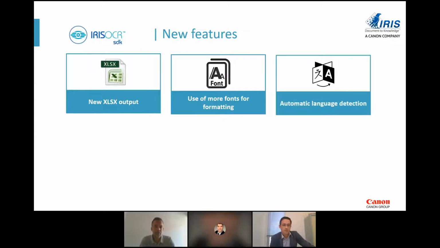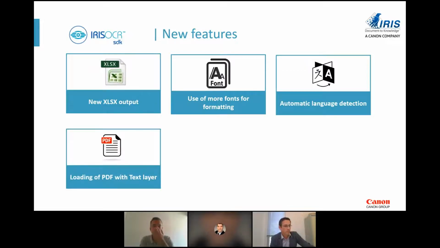Another very important feature that has been requested for many years, especially in a product like ReadIris, is the fact that we can now automatically detect the language of the document that you just scanned in. This was a long-requested feature, and it took us some time because we had different alphabets. We first needed to recognize the different alphabets, and then inside of the alphabets recognize the languages. It is now available for you to use.